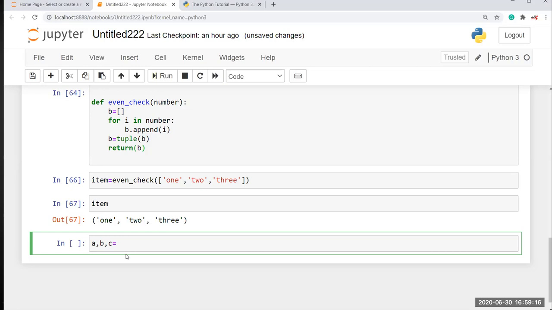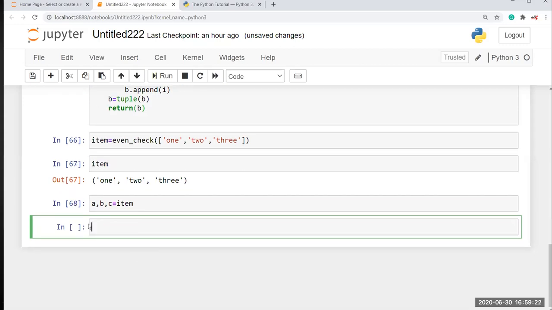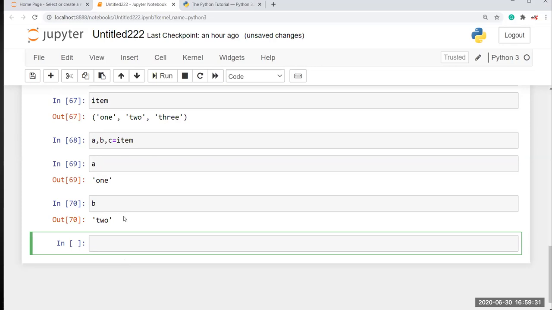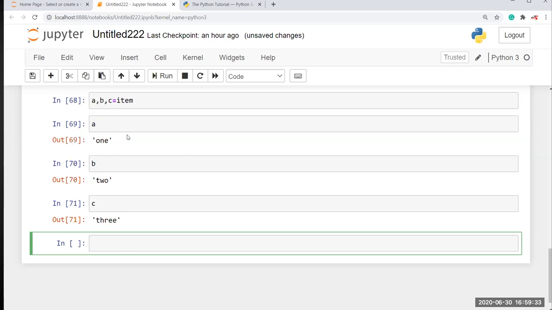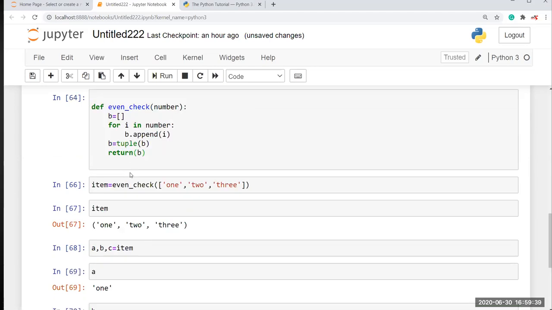Here you just pass item. Now I run this. I'm going to check a has 1, b has 2, and c has 3. Okay, so this is called tuple unpacking, and by using this method you can get your answers from functions.